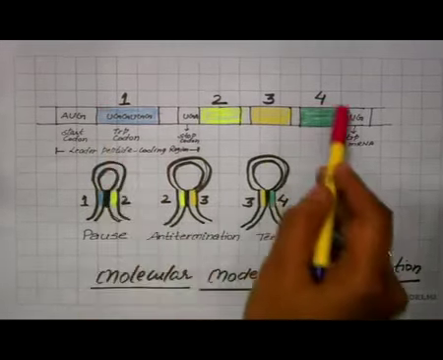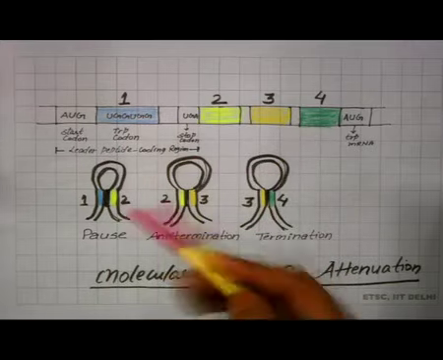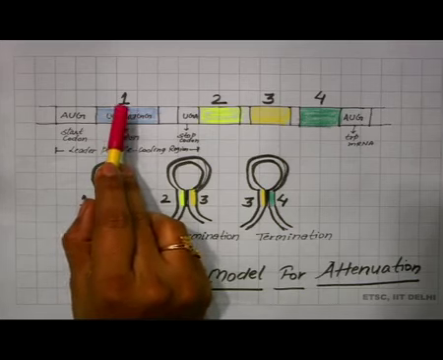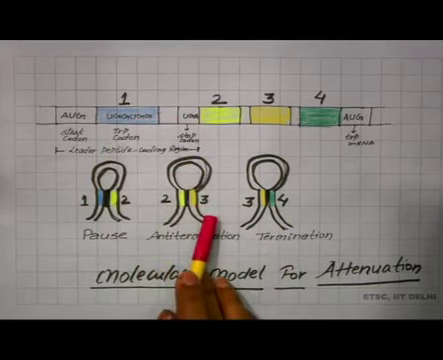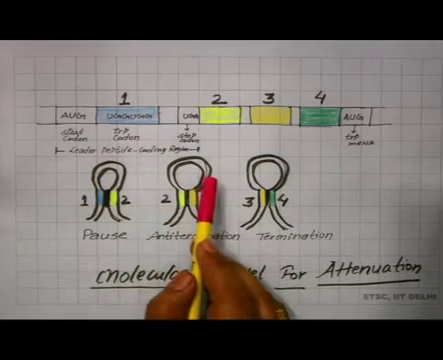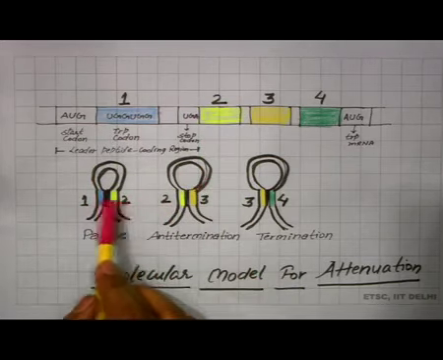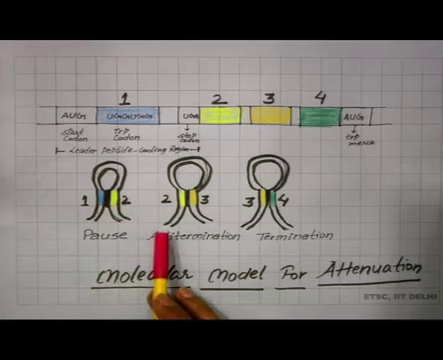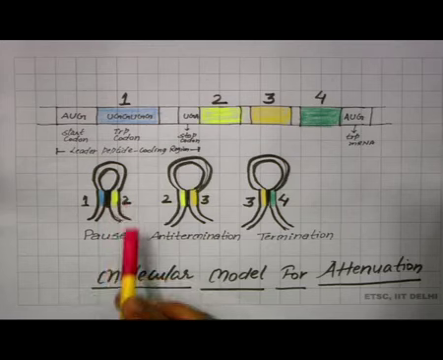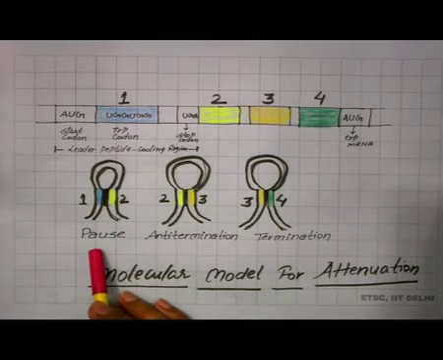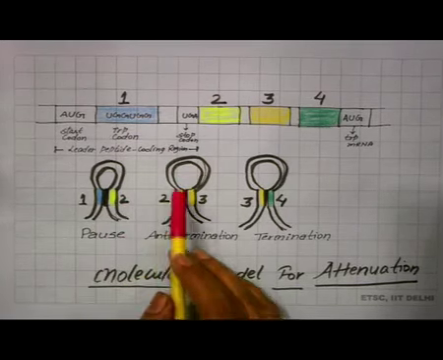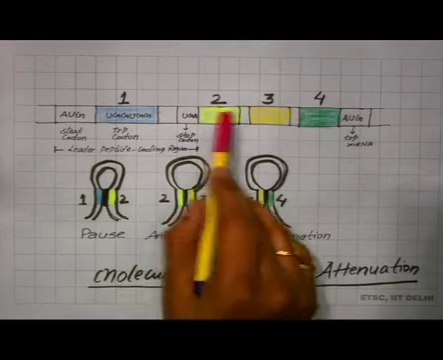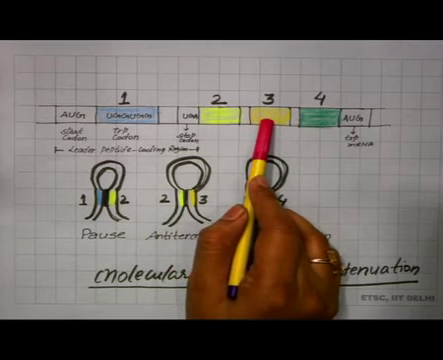Now, when these attenuated sequences undergo transcription, the sequences 1 and 2 are complementary, so they get attached together, and the binding of 1 and 2 sequences gives the signal to pause the transcription. And if sequences 2 and 3 are transcribed and they also have complementary sequences,